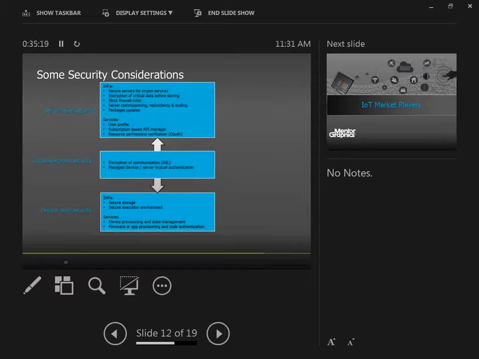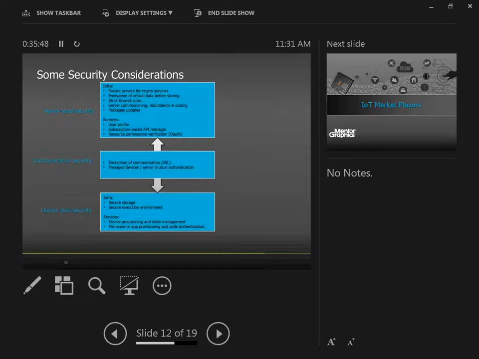In the upper part of the diagram, the other end of the solution, which is the cloud, you need to have this kind of infrastructure as well. The cloud needs to provide a secure server and secure storage for the same reason, which is authentication, verification and signature of every component that is going into the device.